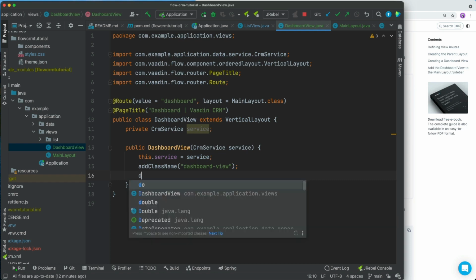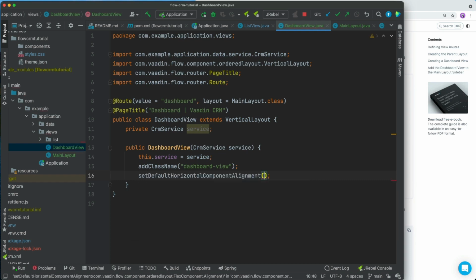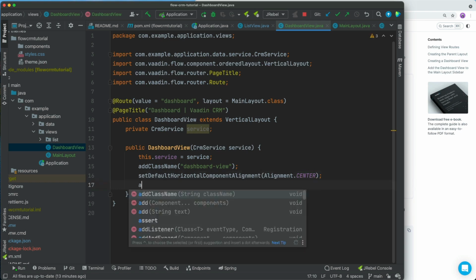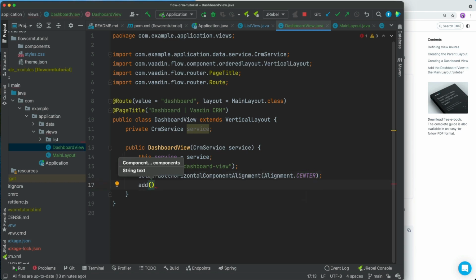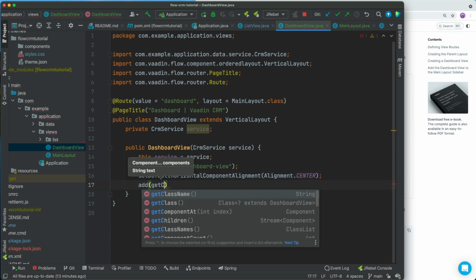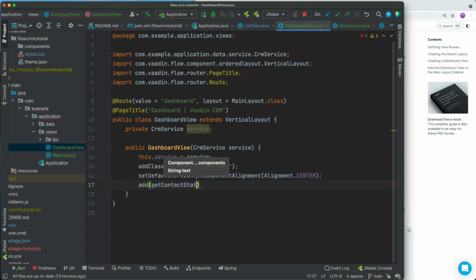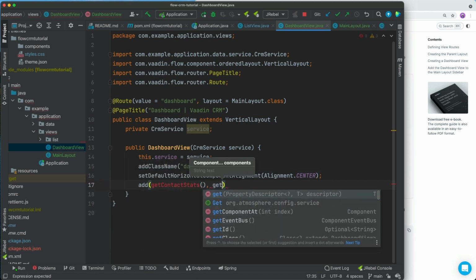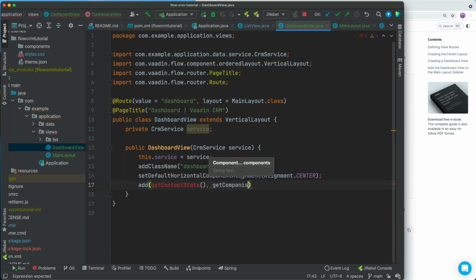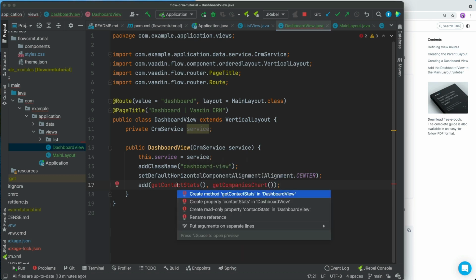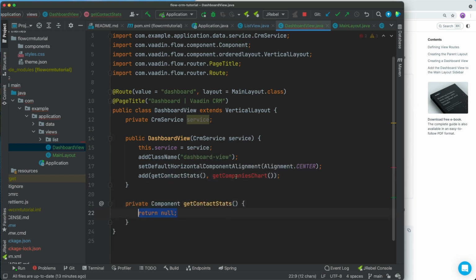Then I'm going to set the default component alignment to center. So we want everything to be centered horizontally in this vertical layout. And then we're going to call add and create two helpers again. So one for getContactStats and one for getCompaniesChart, like that. Right, so we'll go ahead and create these methods